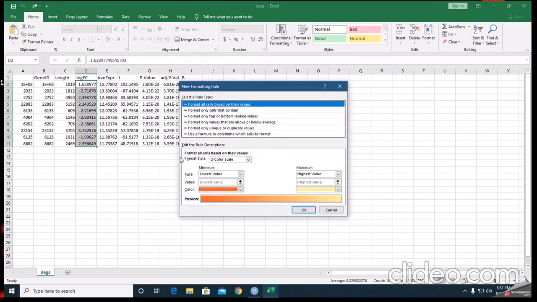Normally the values which are positive show upregulated genes, and the values which are negative show downregulated genes.